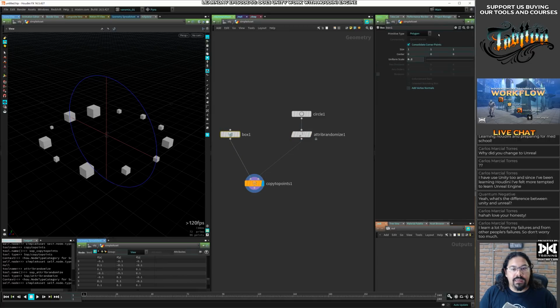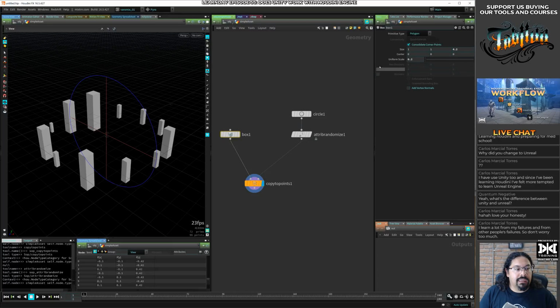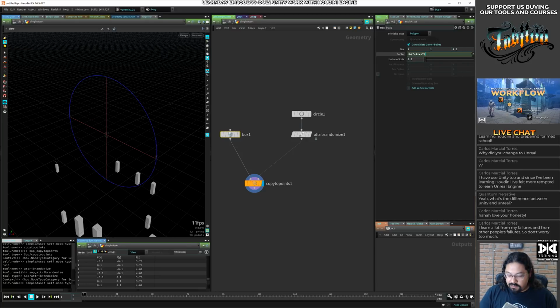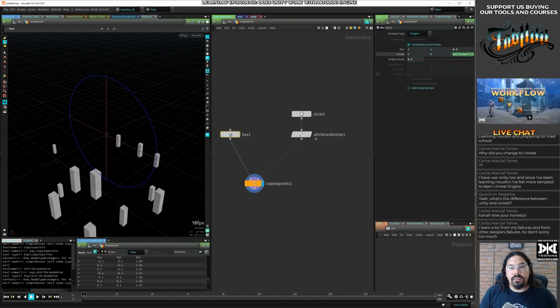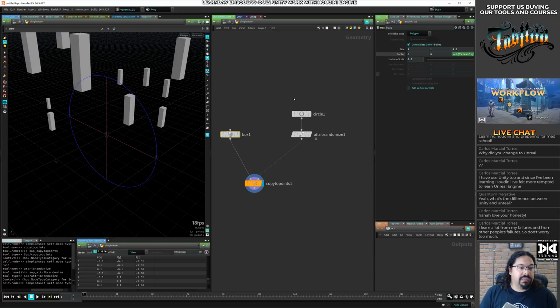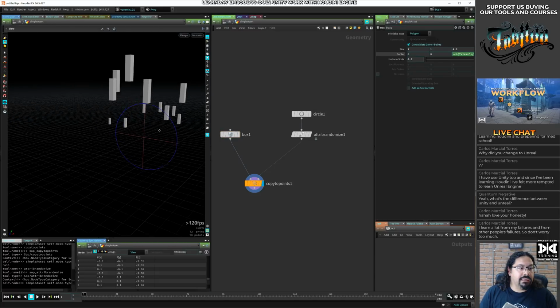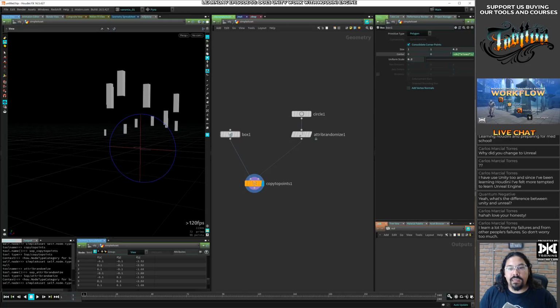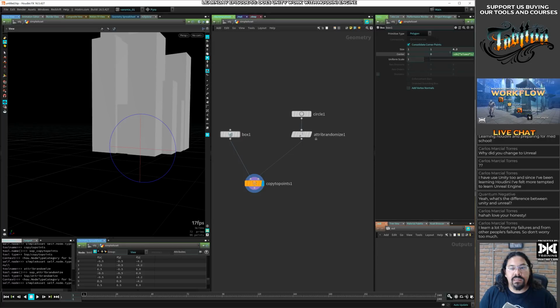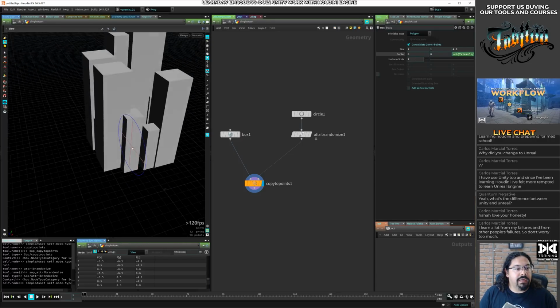And let's make this guy taller, like that. Put them like, what am I doing? Center. The uniform scale, it's freaking doing that.